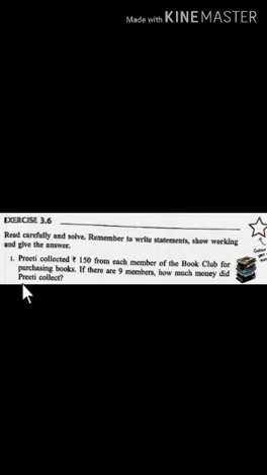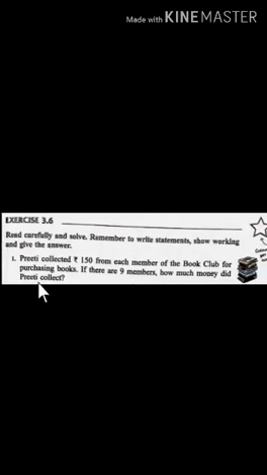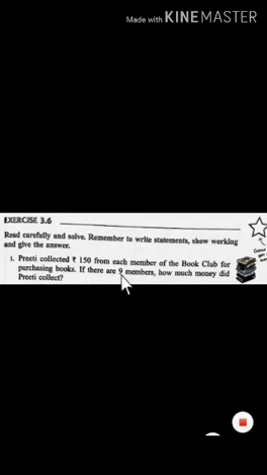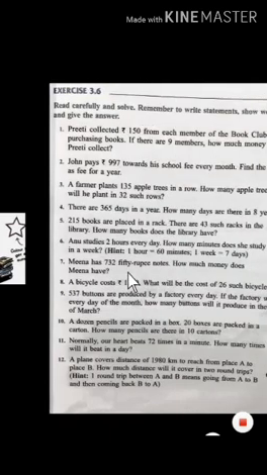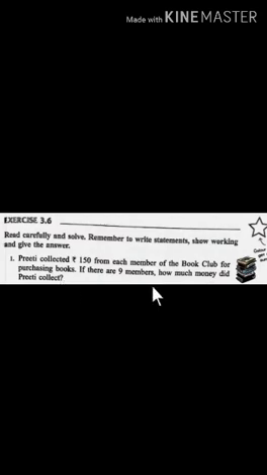Read the question with me. Preeti collected rupees 150 from each member of the book club for purchasing books. If there are 9 members, how much money did Preeti collect? Students, check which operation you will apply here. First try to understand the language of the question. Preeti collected rupees 150 from each member. It means one member gives rupees 150. If there are 9 members, it means the value of 1 is given and you have to find the value for more than 1,